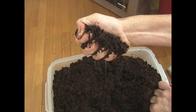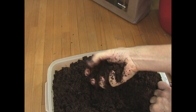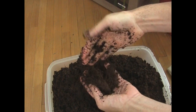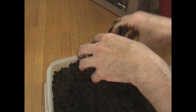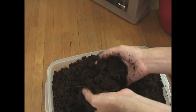It keeps the water around the roots of your plants, but normally if you have something that's really wet and you squeeze it like dirt, it's going to be like a mud ball. Watch this. Squeezed it, it crumbles right away. It is light and fluffy even when it's saturated, and the nice thing about it is if you add too much water, it's going to filter through this and go right through it, but it's going to hold just enough